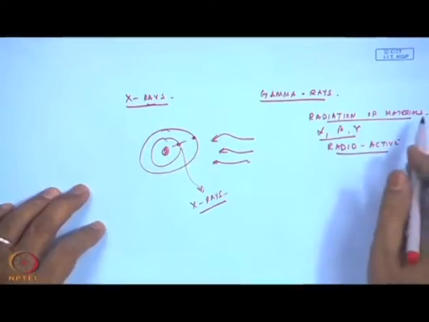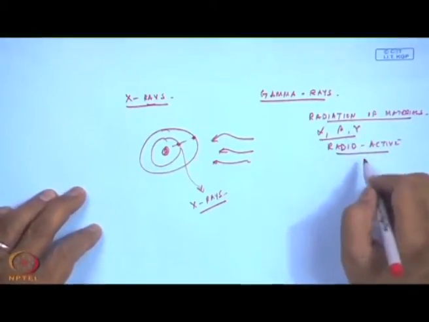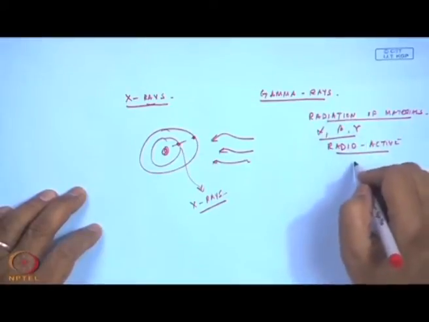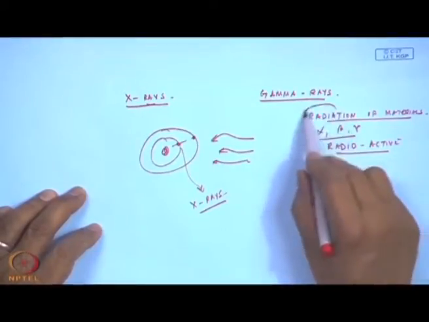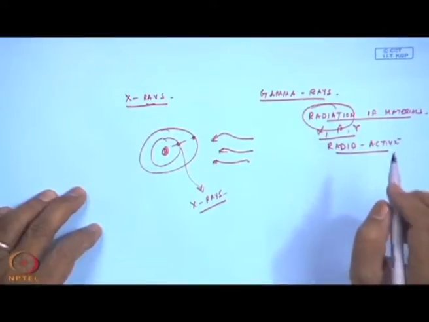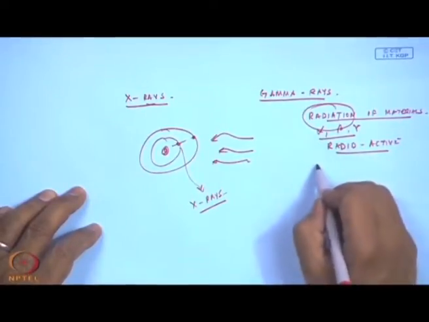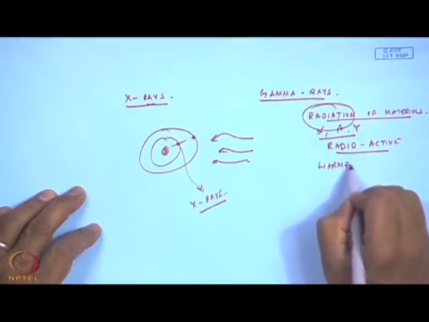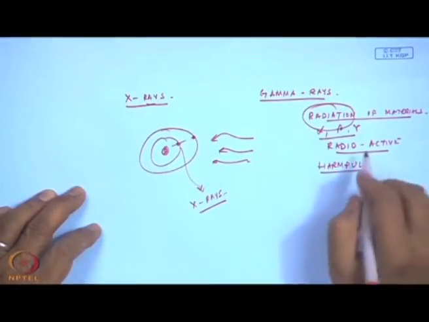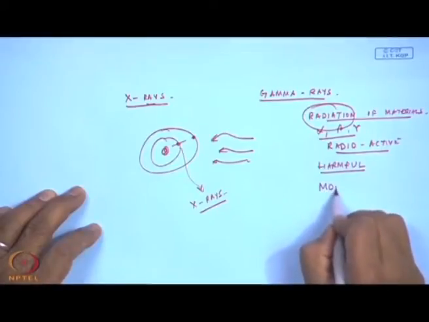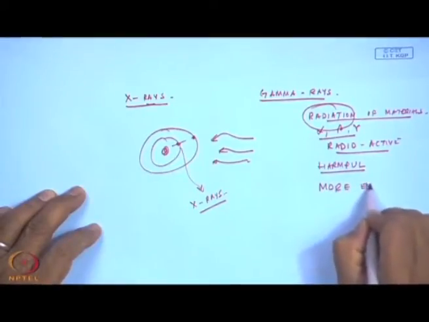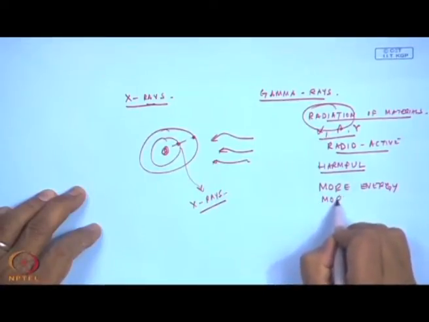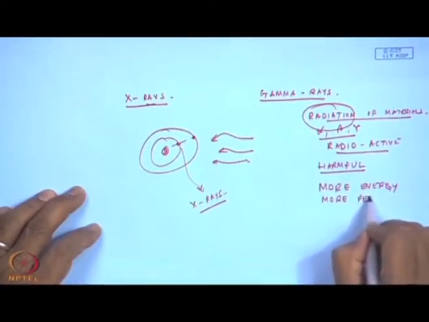And of course, a small quantity of radioactive material can be used to produce these rays. Because of the nuclear radiation, they are harmful if not cared for, but they have more energy, more penetration power,